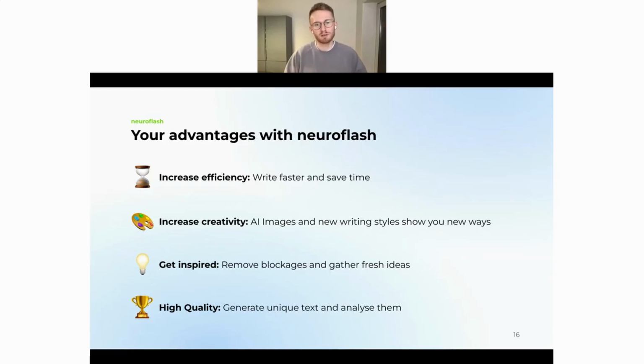enhance your content. Then thirdly, neuroflash is a tool to get inspiration. I think we all know the situation that we sit in front of a blank piece of paper and we have to start writing, but this starting process doesn't really work well. neuroflash is there to help you with this, to remove blockages and for you to gather fresh ideas, collect insights,